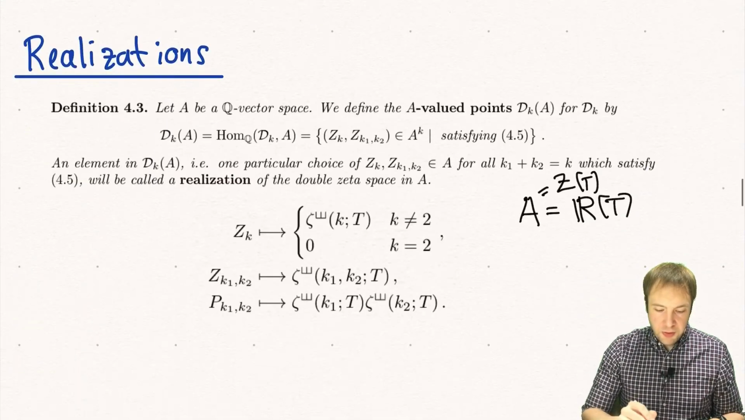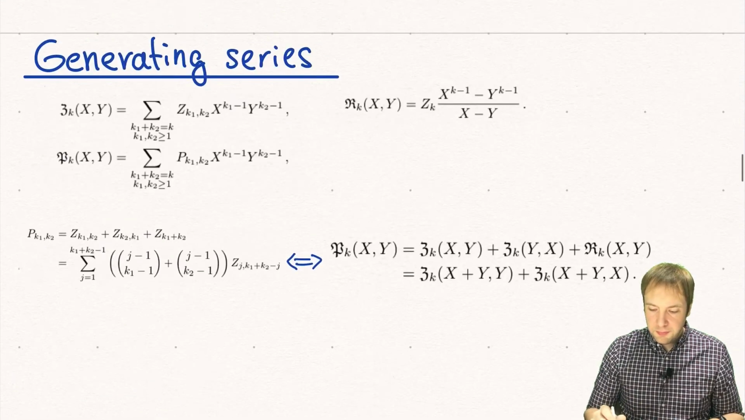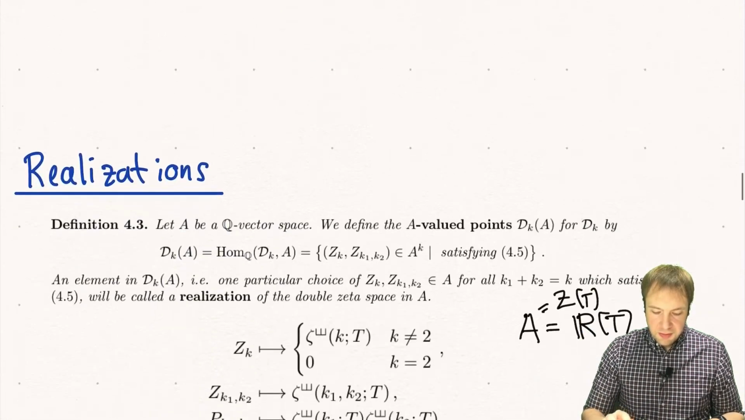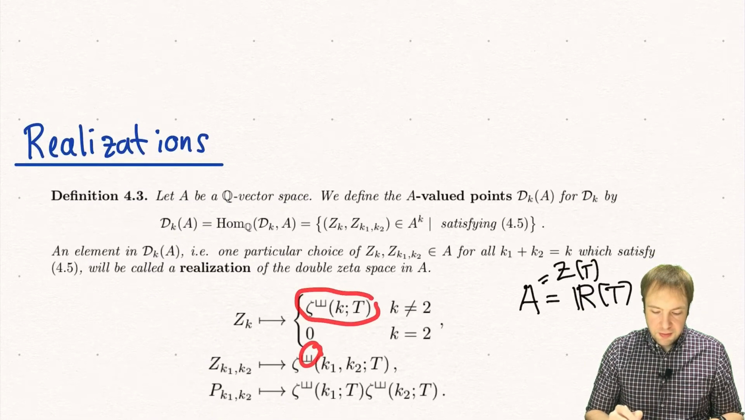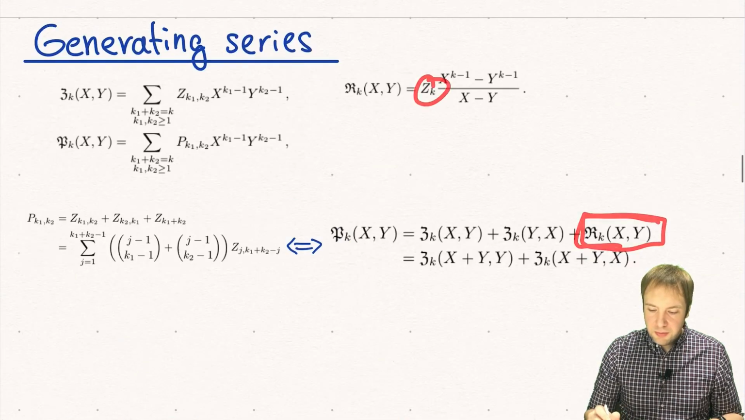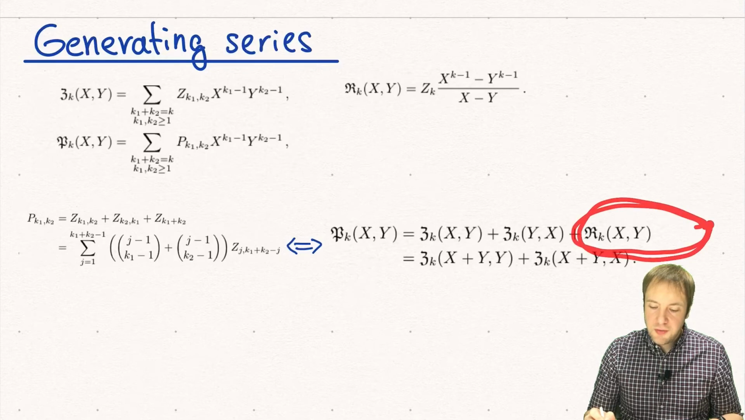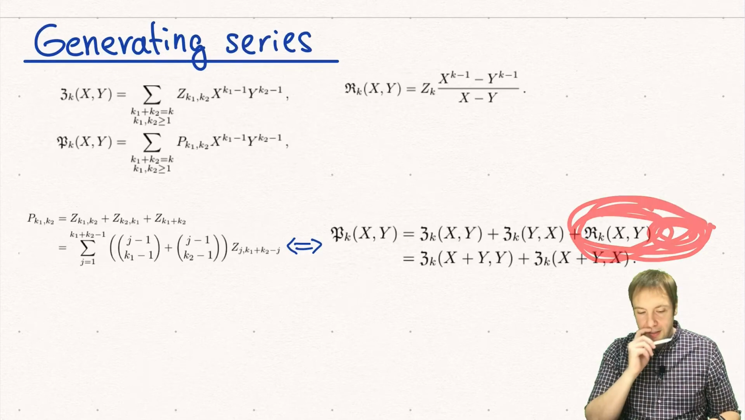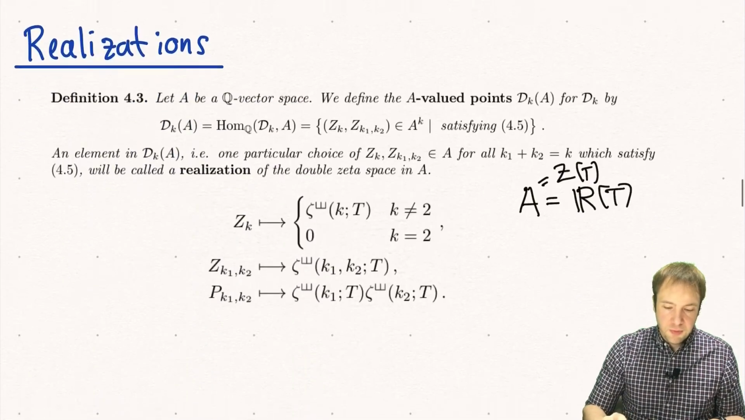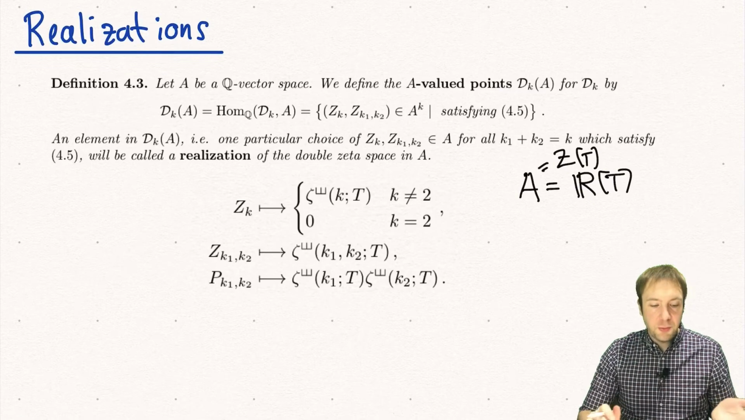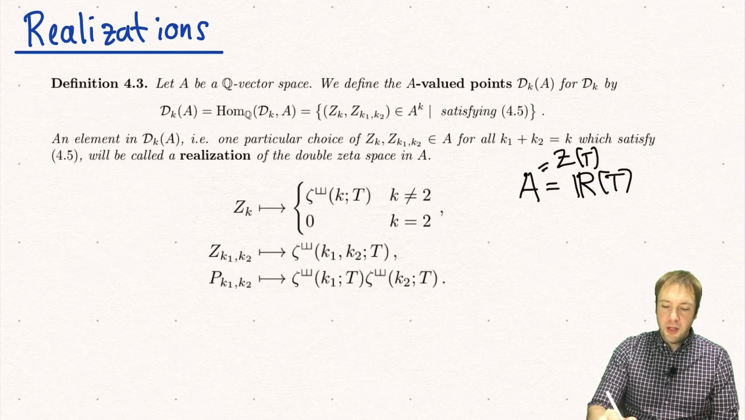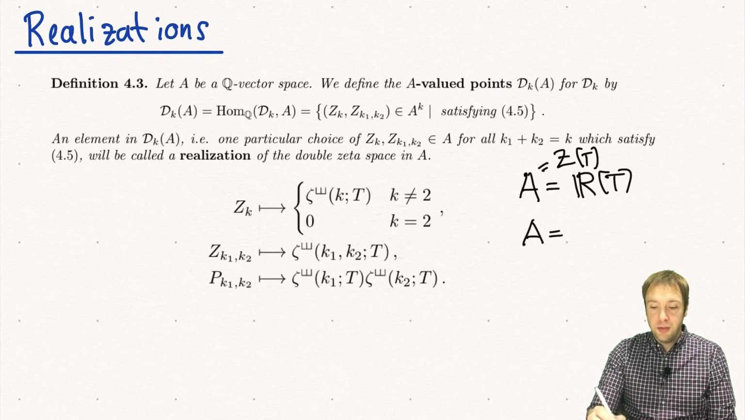And if you wonder why shuffle here, it's because if we define this zk to be this one here, except for k equals 2, then in the shuffle regularized version of this generating series functional equation, this extra term gets erased in this part here. Okay, so this is one realization, but later our goal will be to find a realization when this A is given by